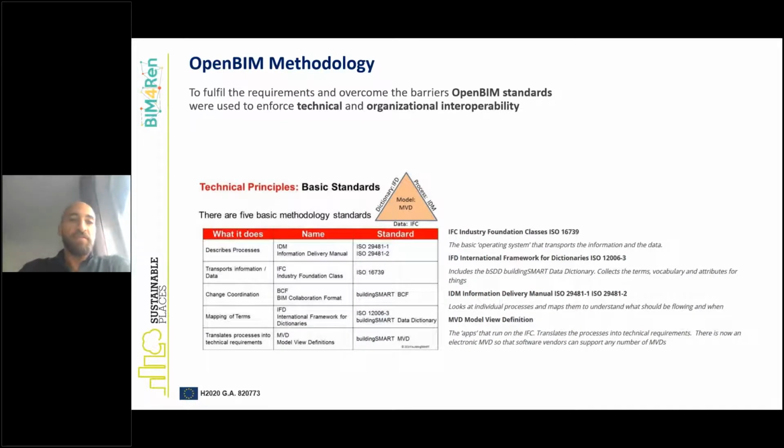As I mentioned, this paper will speak basically about how we involve the Open BIM methodology in our project, and specifically in the definition of the information delivery manuals. And why we choose to depend on Open BIM methodology? That's basically to depend on open standards that allow vendor neutrality. We don't need to depend on a specific tool or a specific standard or a specific closed box. We need something open for everyone, specifically for the small companies.